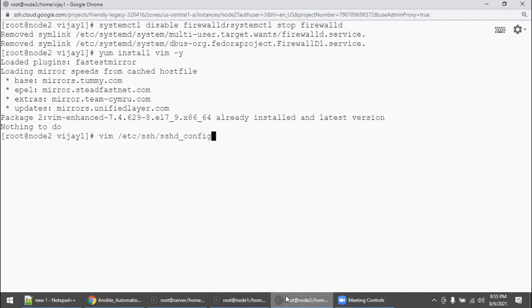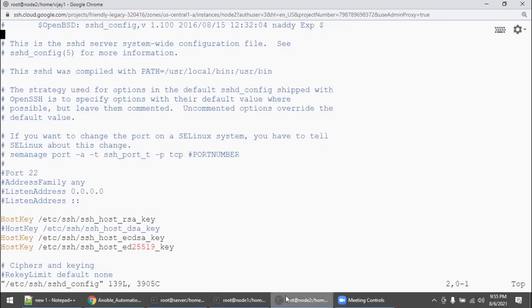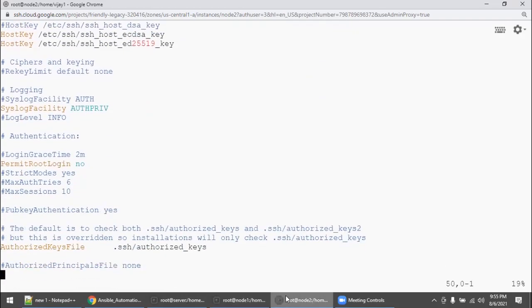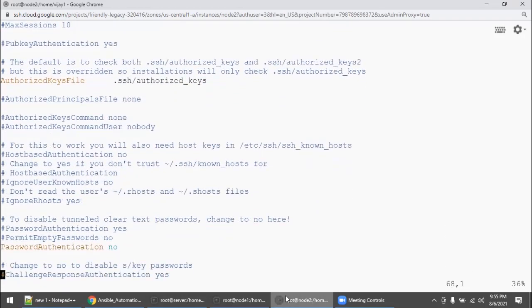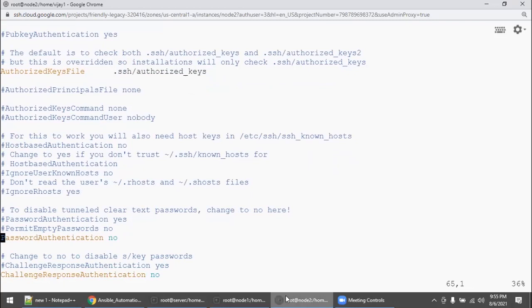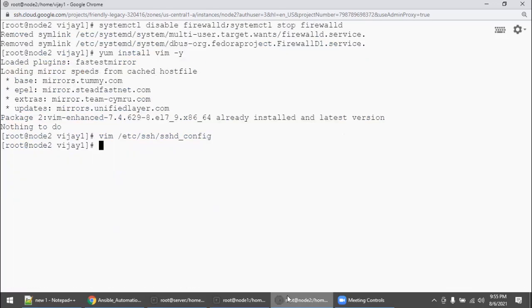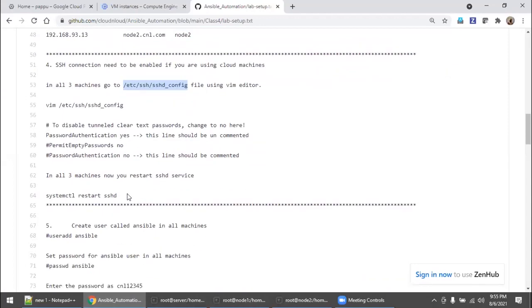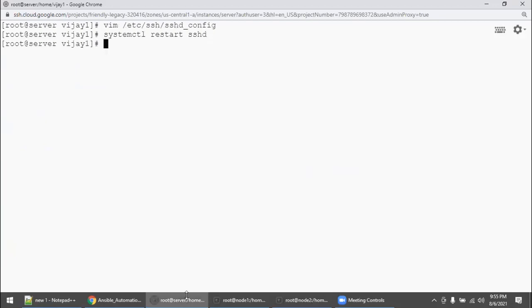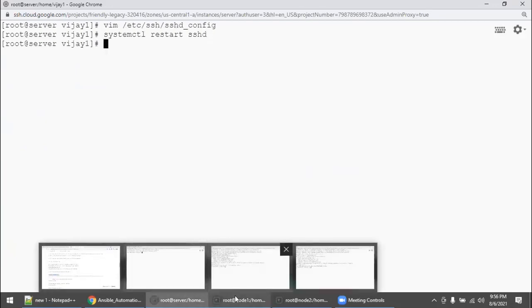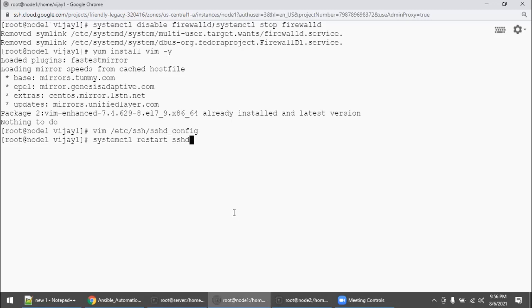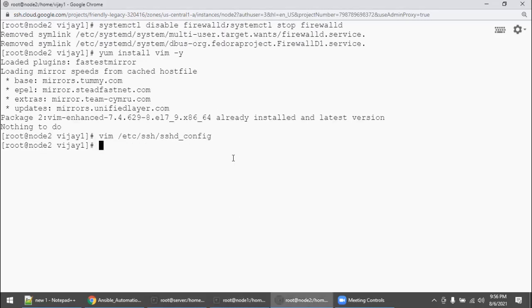And node 2 client also, that is a managed node also, you need to do the same. PasswordAuthentication should be yes. So we are going to remove the comment. So now we have changed all the settings. Now you need to bounce it. You restart the sshd daemon using the systemctl or service command. Better you go with systemctl. We will start to use all the latest commands. We will not go with backward compatibility.